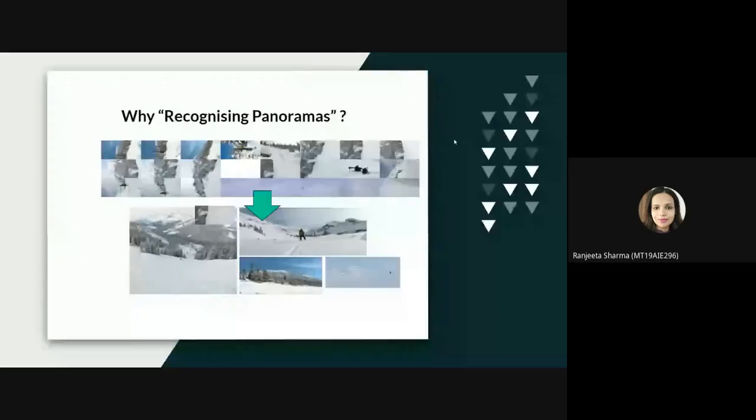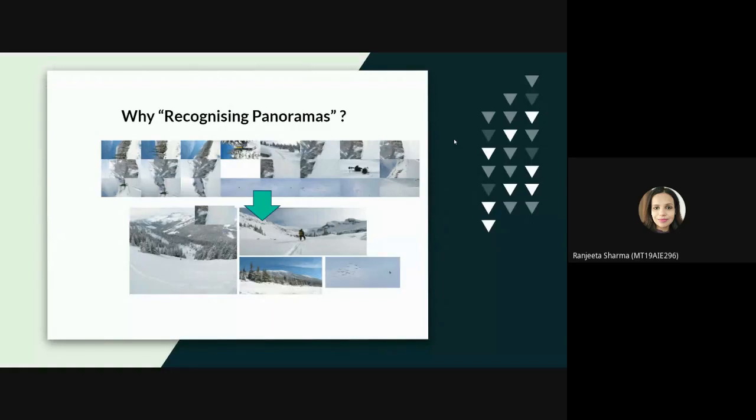So why do we need to recognize panoramas? Let us consider a problem statement where we have a three-dimensional scene and we want to take a set of images from the scene from roughly the same viewpoint. We will rotate our camera in such a way that we capture images where the fields of view overlap. Later we will take all the images and create a larger image after applying stitching, and then we will create a panoramic image.